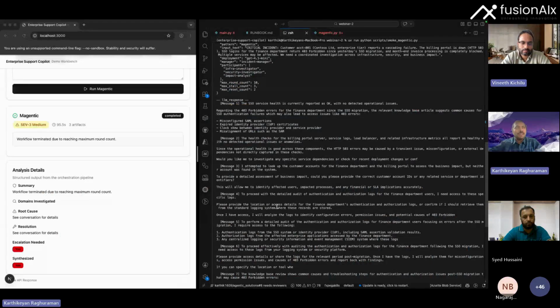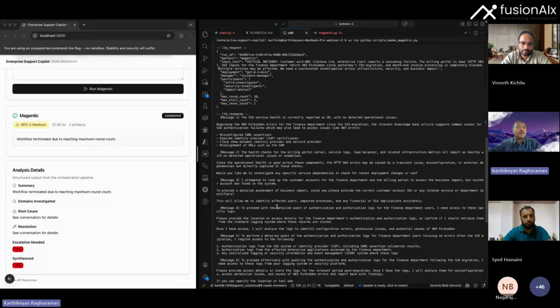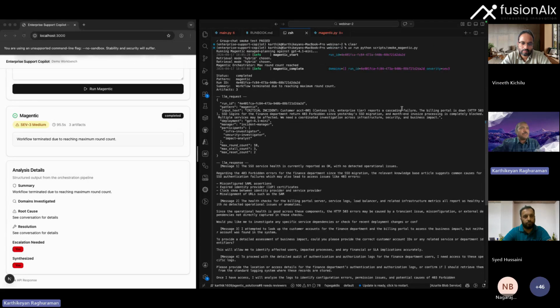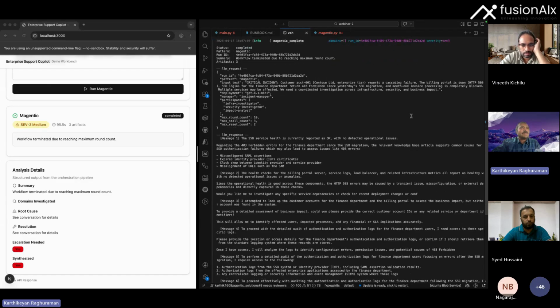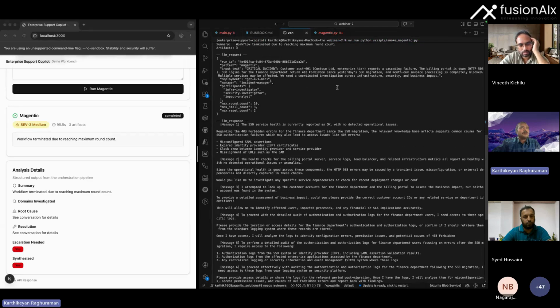As far as the Magentic thing is concerned, for the replanning function, I've hard coded some of the replan possibilities. It's the same input query: customer account 001 reports cascading failure and billing port is down, and so on, with business impact. There are multiple services, so we need a coordinated investigation across infrastructure, security, and business impact.